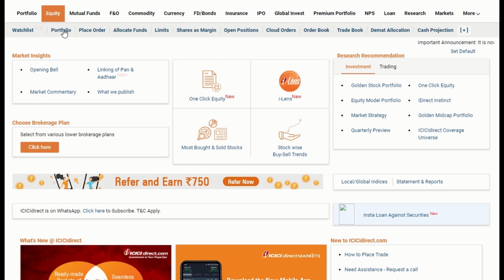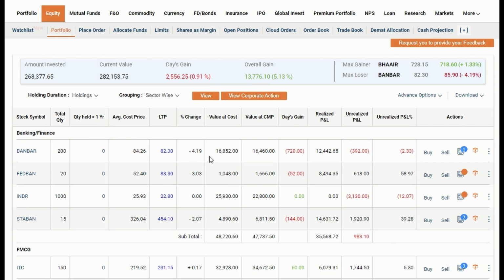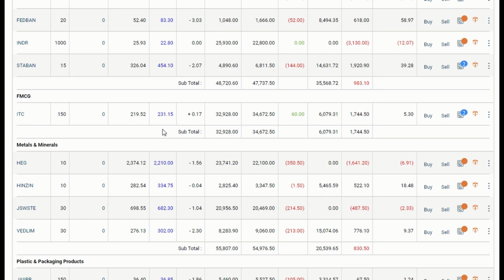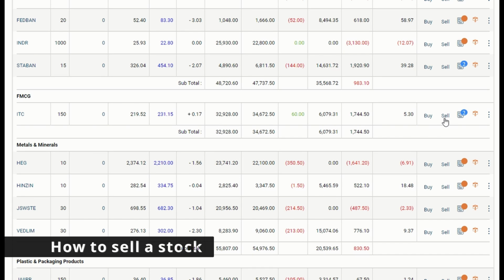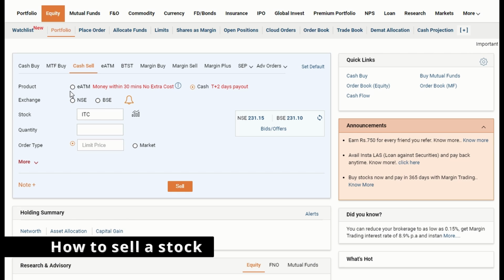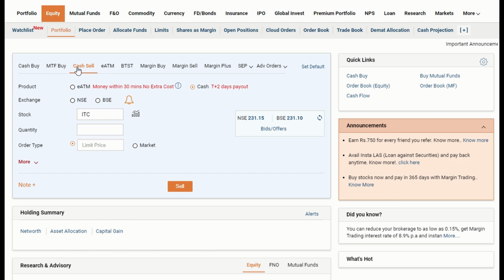And if you also, let's say, want to sell a stock, which could be either in your portfolio or you bought in intraday, what you can do is, say I bought ITC, I have 150 stocks of ITC. If you want to sell that, I'll just come here in the portfolio, click on sell, and once I click on sell, I can click on cash sell, and the exchange I can choose NSE or BSE. I can place how many stocks I want to sell, let's say 100 stocks,